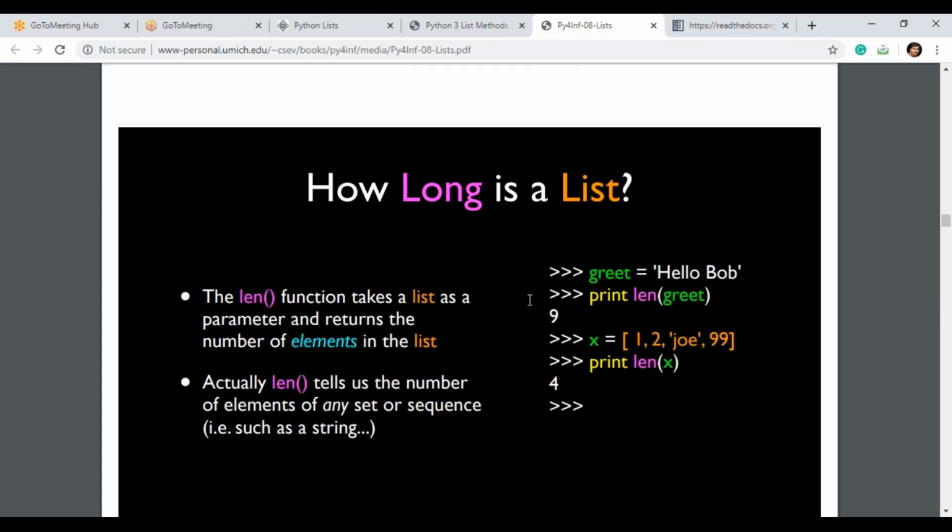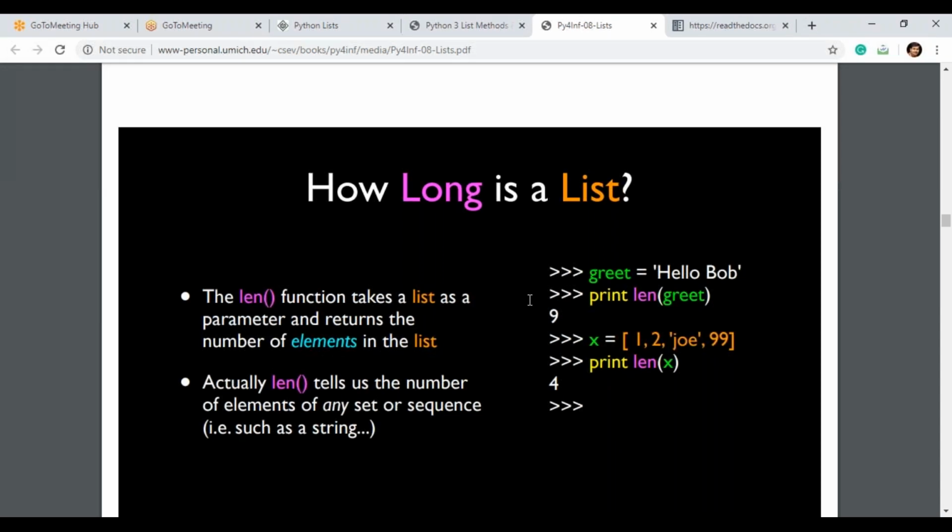See, x is equal to 1, 2, joy, 99. Here 1, 2 are numerical and joy is a string. So a list can contain heterogeneous elements. Now print length of x.